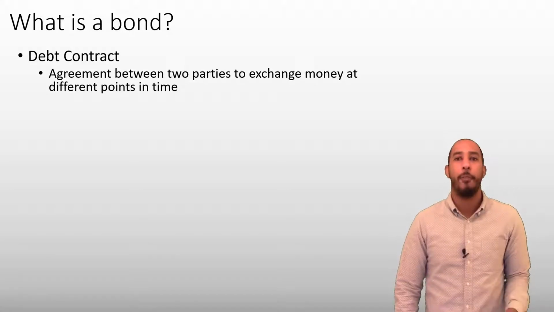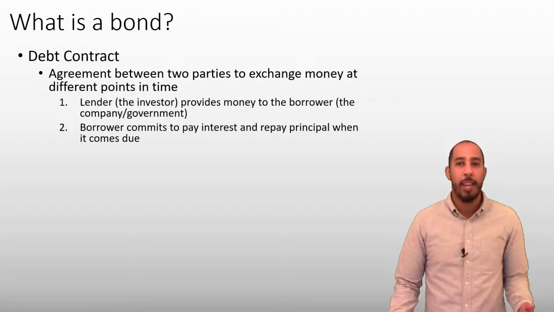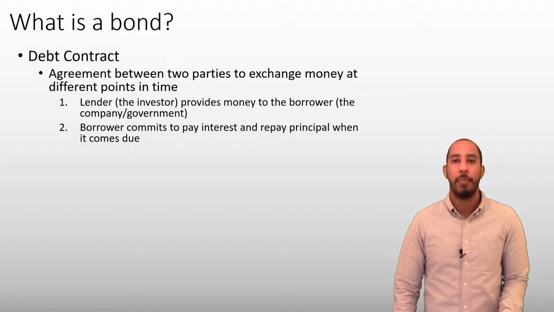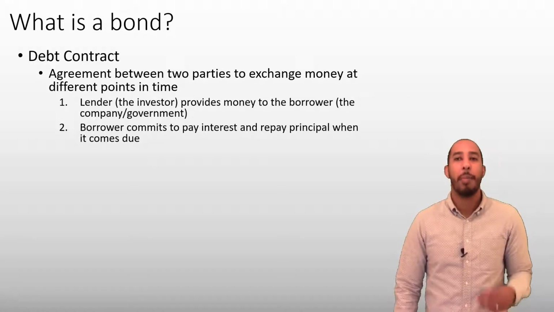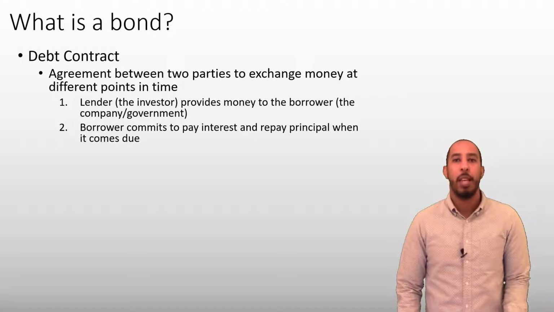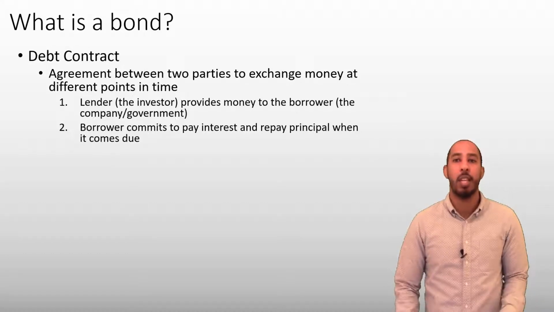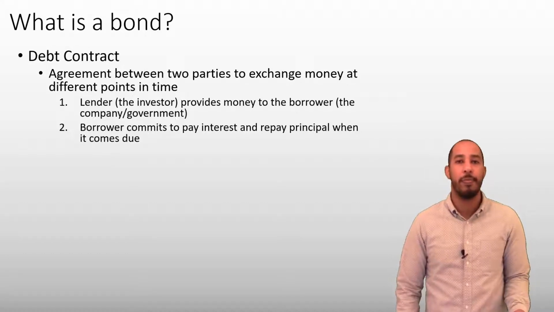It's a document that formalizes a lending relationship between two parties. One party, an investor, will lend money to a company, and the company, in exchange, promises to repay the loan plus interest. What makes these loan contracts unique is that they're securities. Therefore, they're tradable. That means that the original lender is free to sell her side of the contract, that is the promise of receiving interest and principal, to someone else.